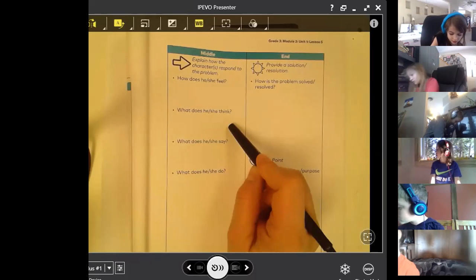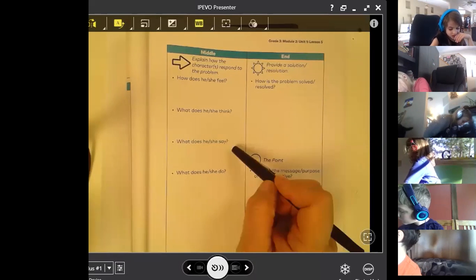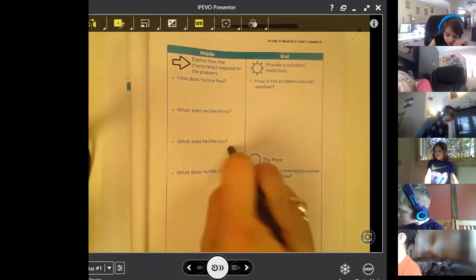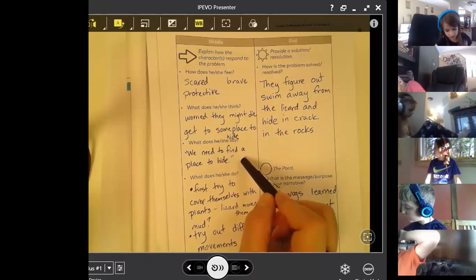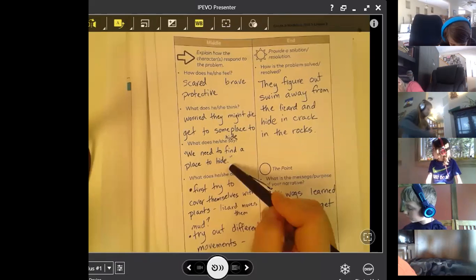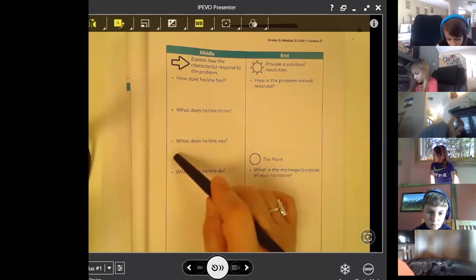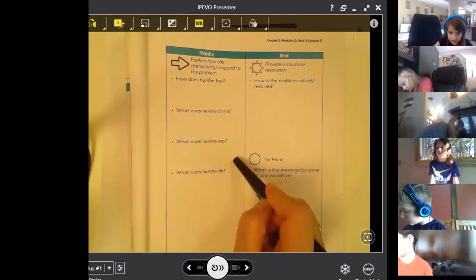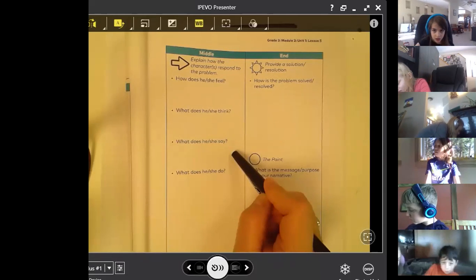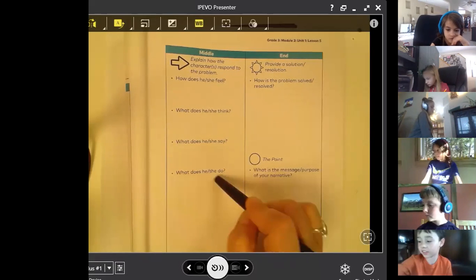I know this is the part that really causes you to get into your brain and think some things. So then here's, what do you think your character might say? So here we wrote, "We need to find a place to hide." That would be something our main character would say. And I used my quotation marks there at the talking. So if right now you can't think of exactly what they're going to say, this could be something you come back to based on maybe what's happening in the doing section.